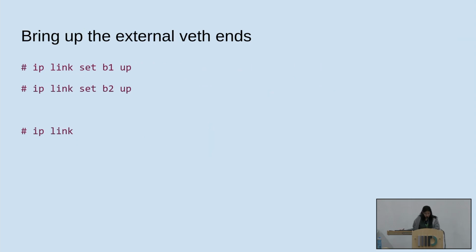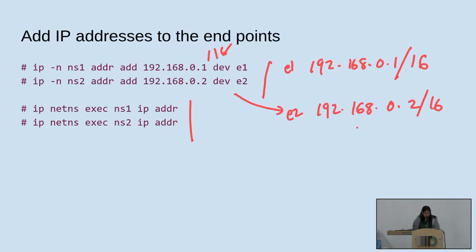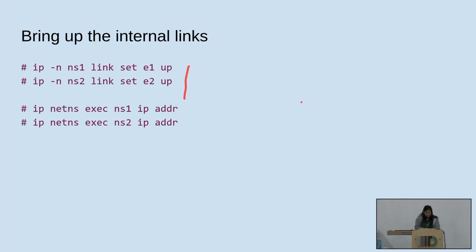Once that is done, that is once you add the IP addresses, set these interfaces up, that is E1 and E2 to up,